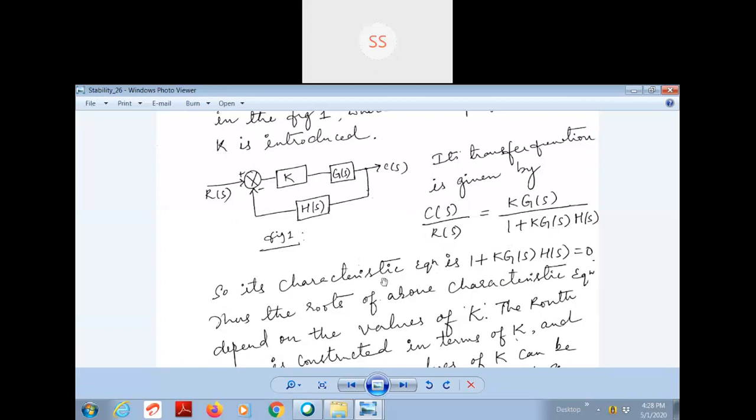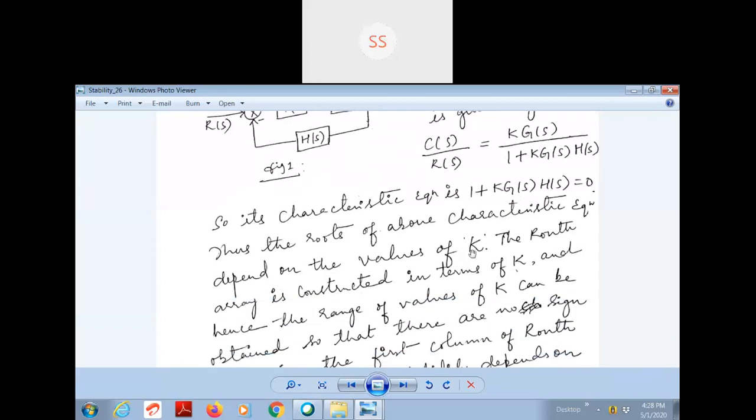So now by inspecting the first column only, we are checking the stability criteria. Okay, so as k comes in the first column of the root array, it is possible to make all the elements of the first column positive only by choosing certain values of k, or by putting certain conditions or finding some range of k values. By giving k such a range, it is possible to make all the terms in the first column positive, so that our system tends to be stable.